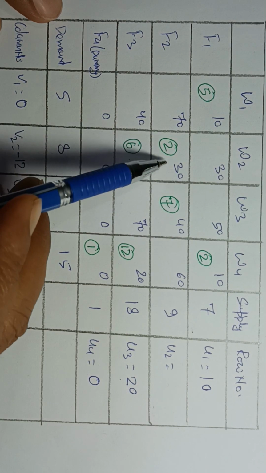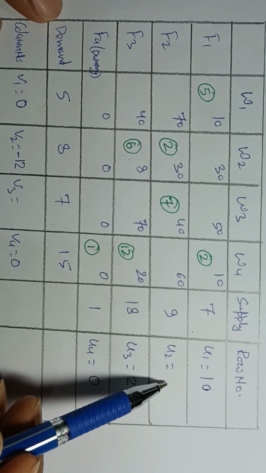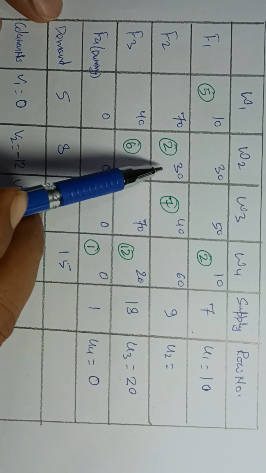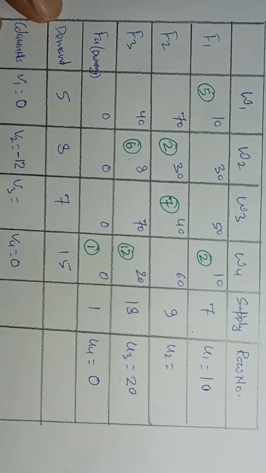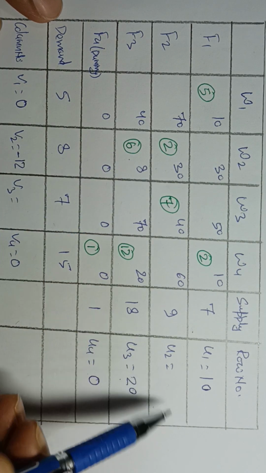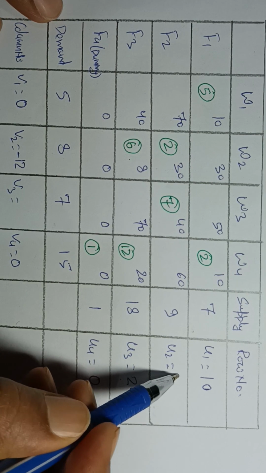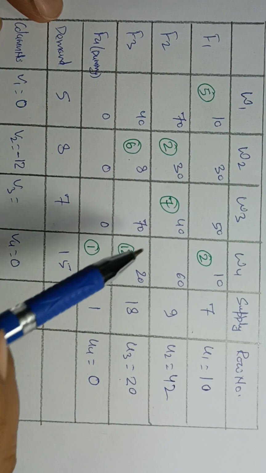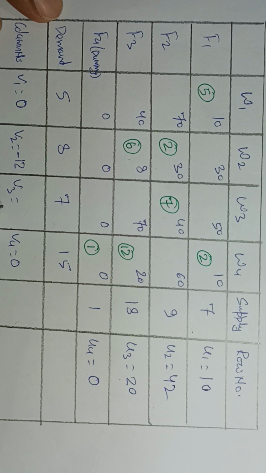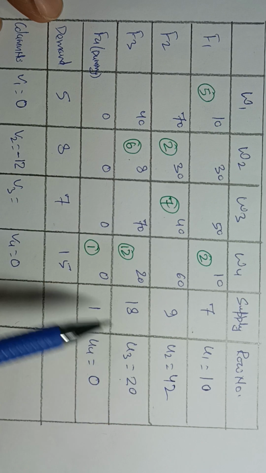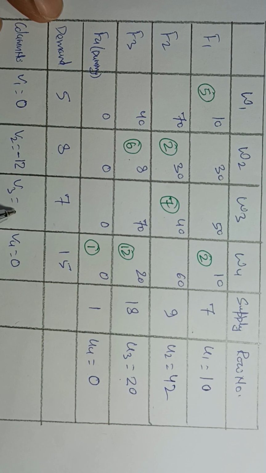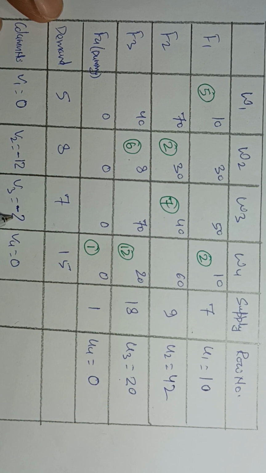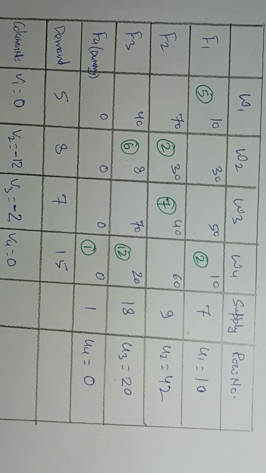With the help of this cell we can calculate the value of u2. See here, 30 equal to u2 plus minus 12, so 30 minus 12 you will find 42. And with the help of this occupied cell you can calculate v3. See here, 40 and 42, so c equal to 40, this will become minus 2. So in this way we have calculated